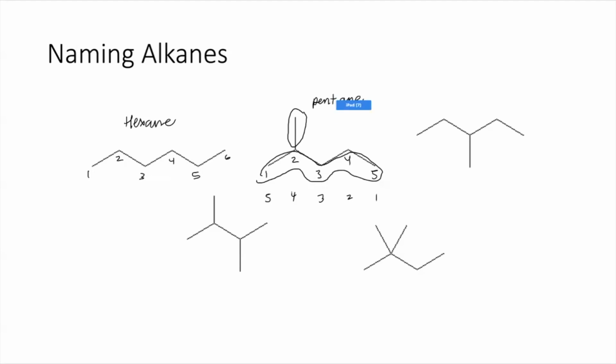Now, if I just were to say to my audience, pentane, you would just draw what I have circled here, and I'm going back over it. You wouldn't know about the branch. So we need to tell the audience about the branch. And so how we do this,